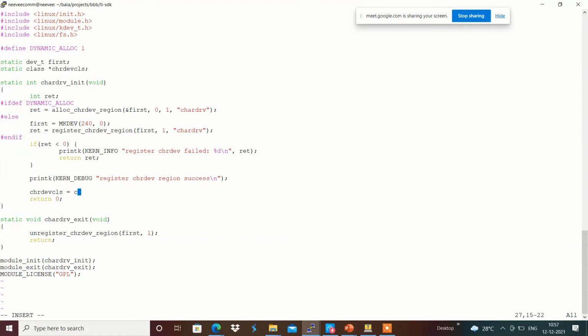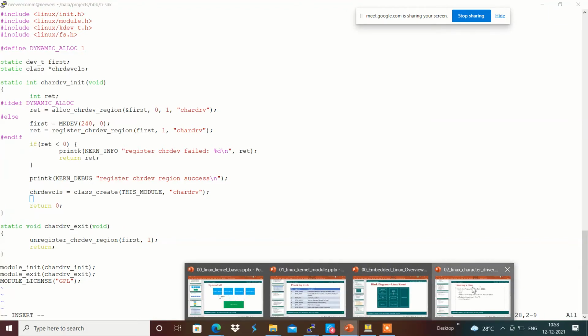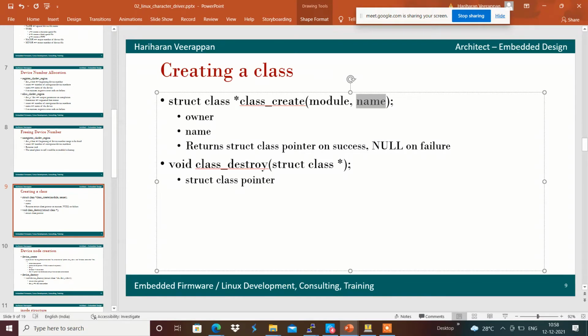Over here I am going to create class_create, which will be something like this, with THIS_MODULE over here, and we will be provided with the name, something like character_drv. In case of success it will return the pointer; in case of failure the pointer will be null over here.